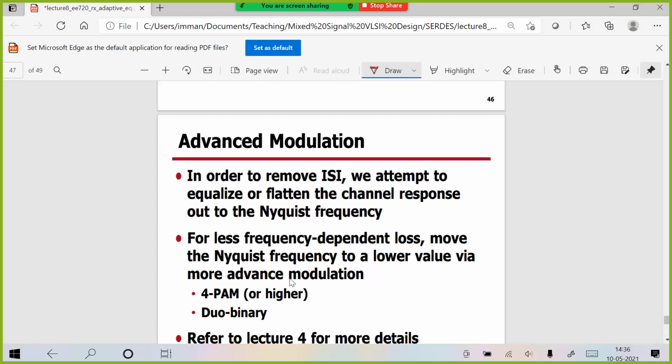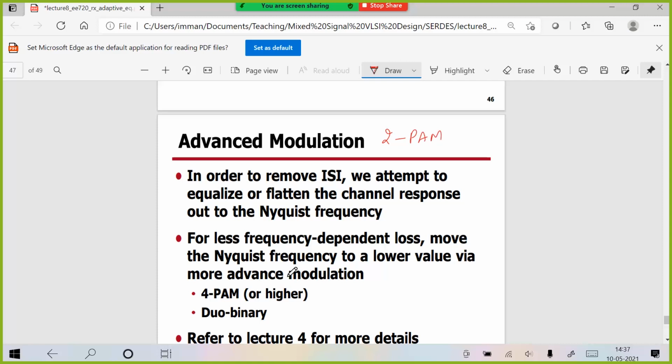So if it's a single-ended signal, it is 0 and 1. If it's a differential signal, we say plus or minus 1, but basically it is a differential signal, right? So in the TX implementation we saw, it will be either plus or minus IR or plus or minus IR by 2, something like this. So that is what is going to be your signal, right? It's a two-level signaling scheme, so it is called PAM2, or 2 PAM, that is pulse amplitude modulation. It is a 2 PAM signal.